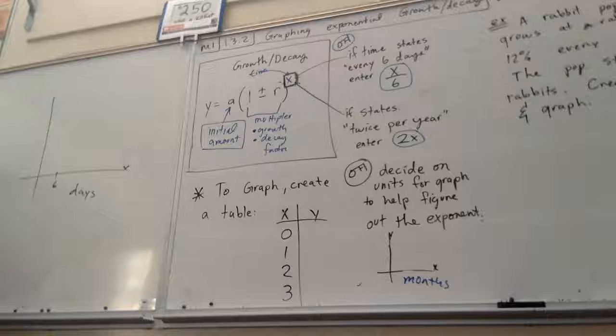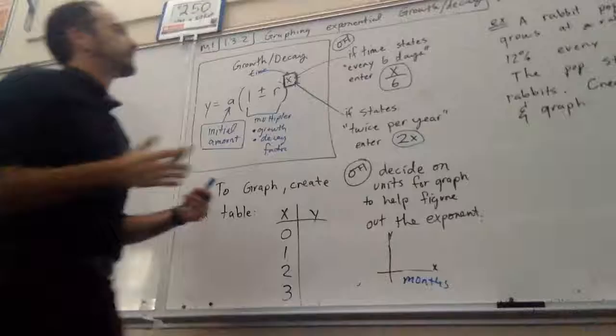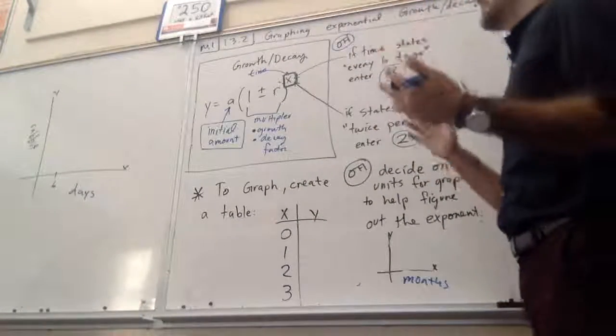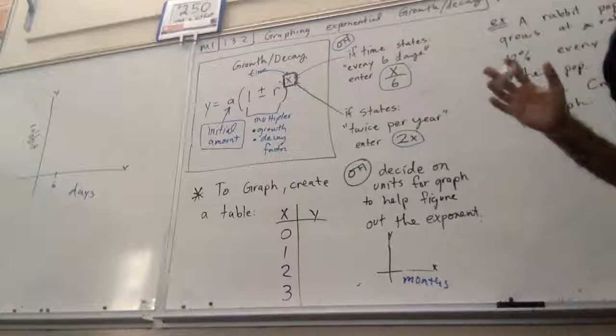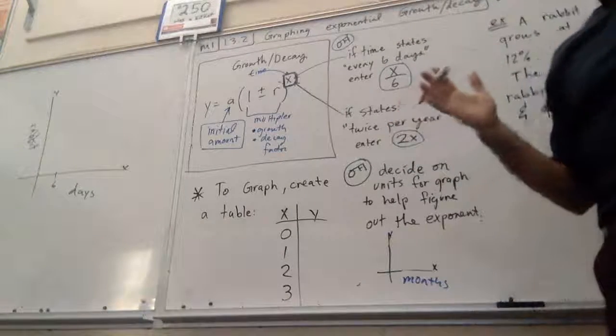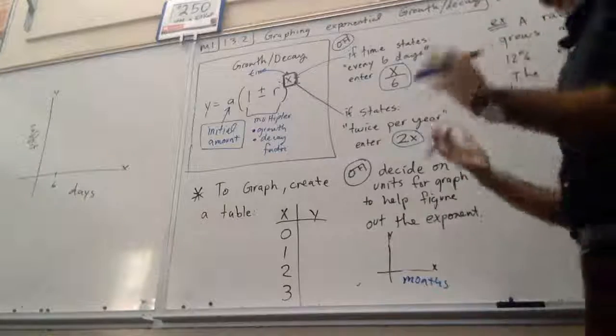Okay. So if it states every 6 days, and this is why maybe these are rabbits, I'm looking at how many rabbits I'm able to breed. Every 6 days, it wouldn't double. Rabbits don't make that. They don't have babies that quick. But if, say, it was grasshoppers or worms or something that really multiplies really quick,